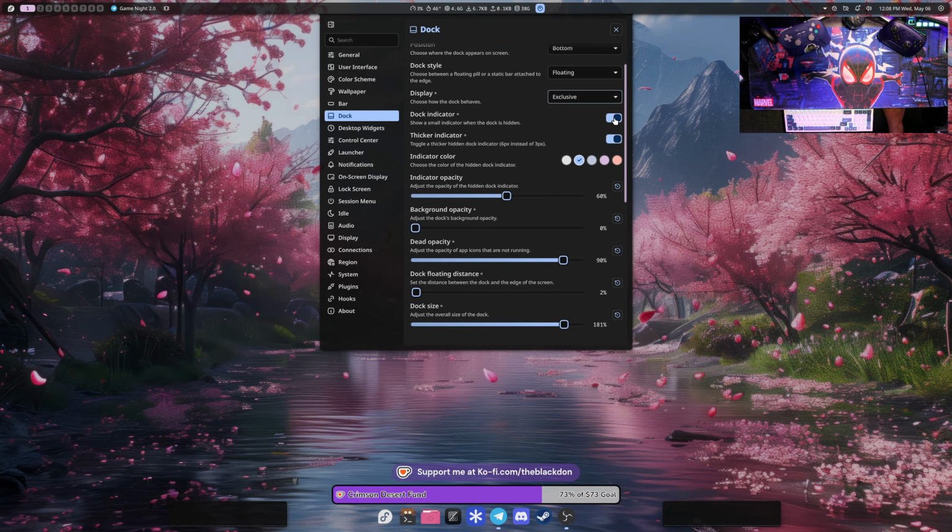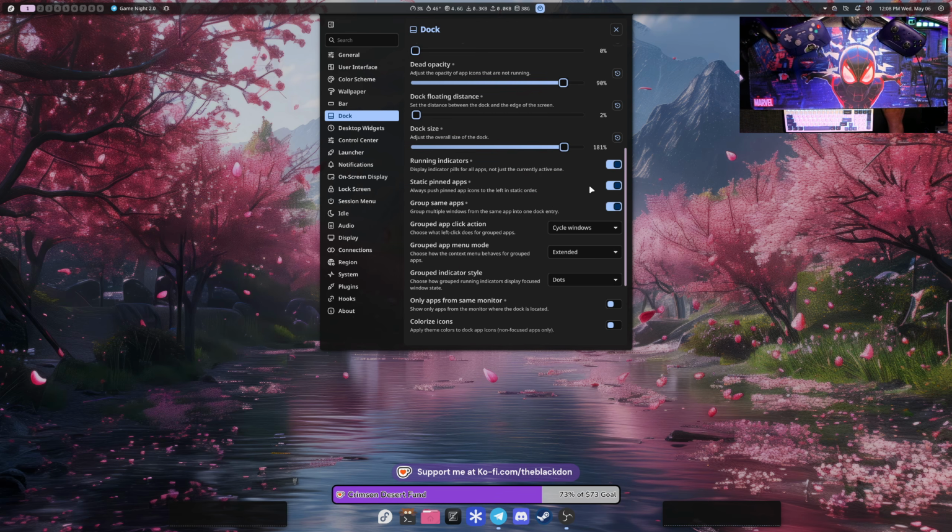You can change the dock indicator. So if you don't want, you can show indicators as far as running apps, static pin apps. If you want apps to always be down there, you can have that. You can have it static or only open apps. Then you can toggle that off. You can do same as groups. So for instance, if I